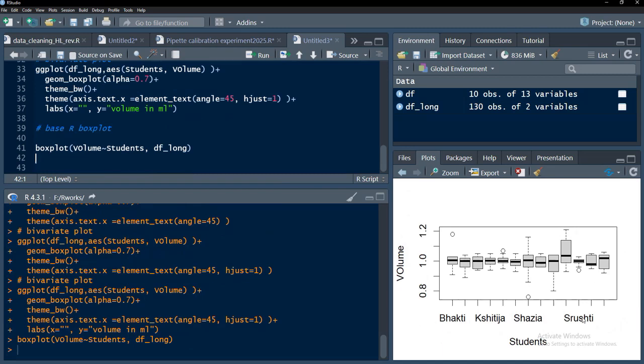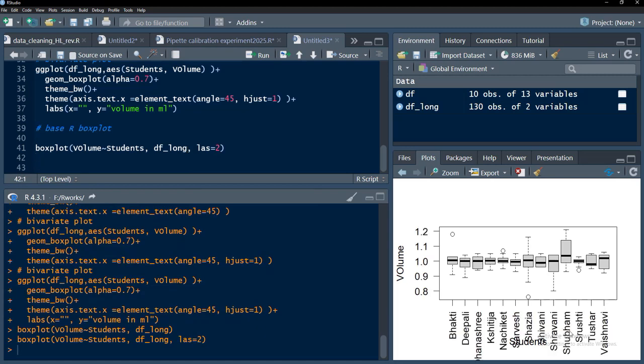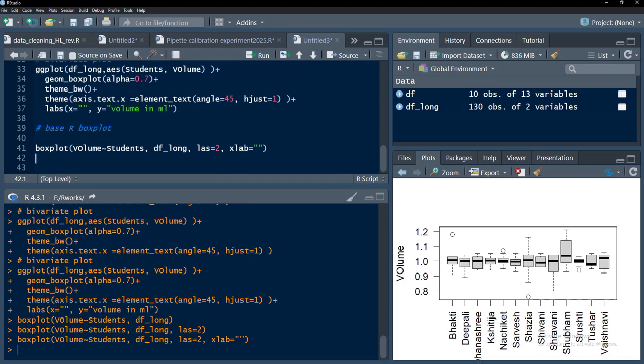But here, to get the labels correctly, we have to play a little. I will put there las is equal to 2, and we will run that, and you can see those labels are there, and that x-axis label is actually overlapping here. I will just remove that x-axis label. xlab is equal to just inverted quotes, so no x label will be there. Okay. We can play with these margins and all those things so that